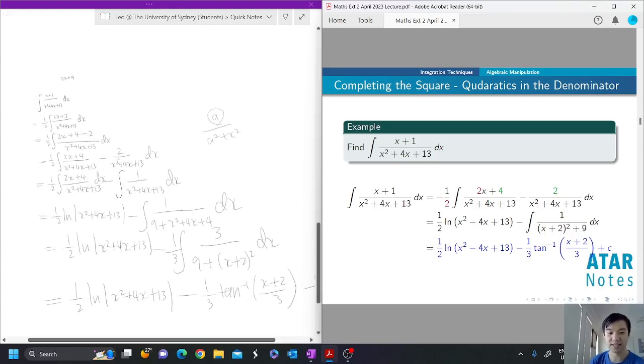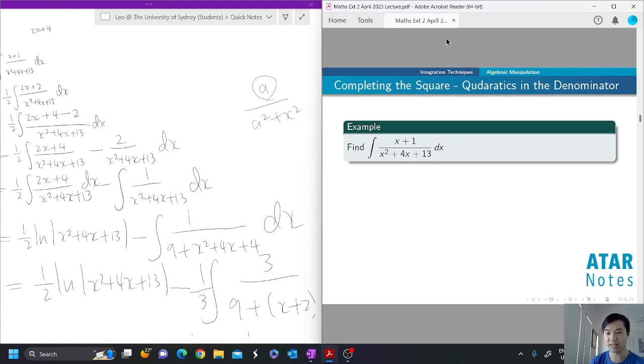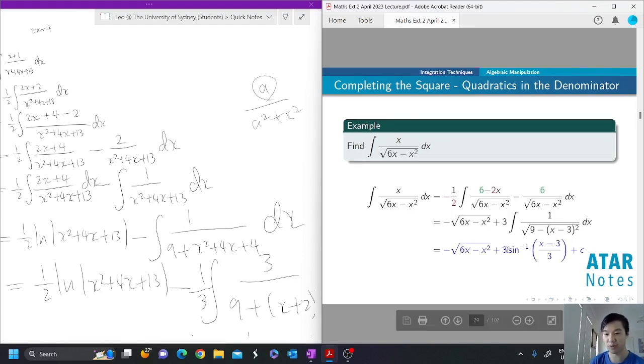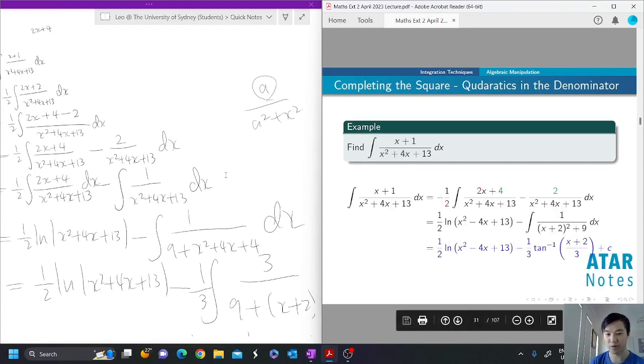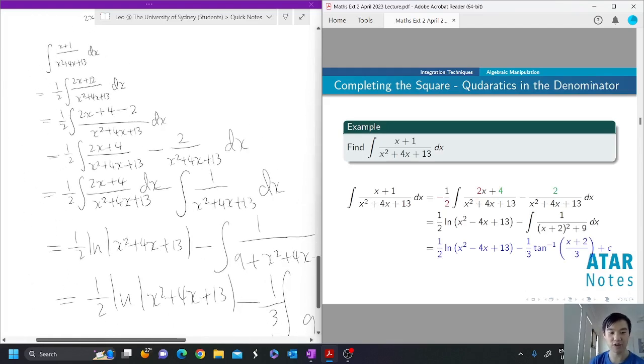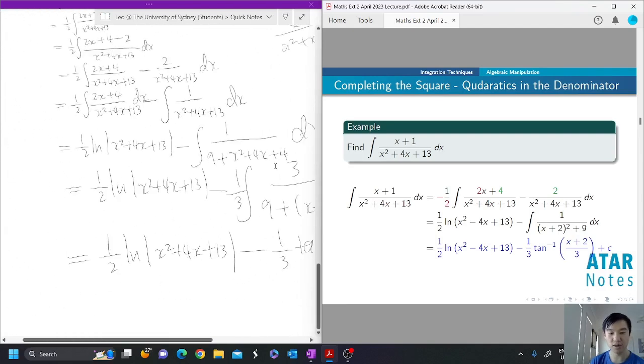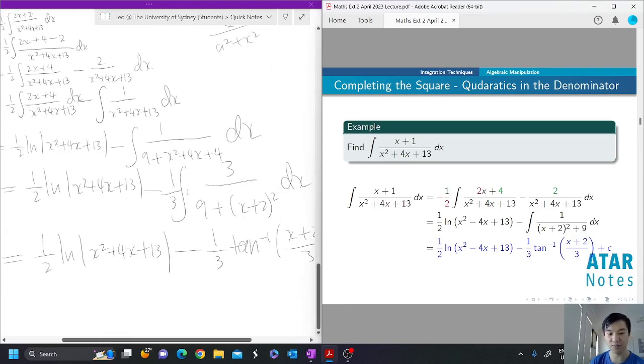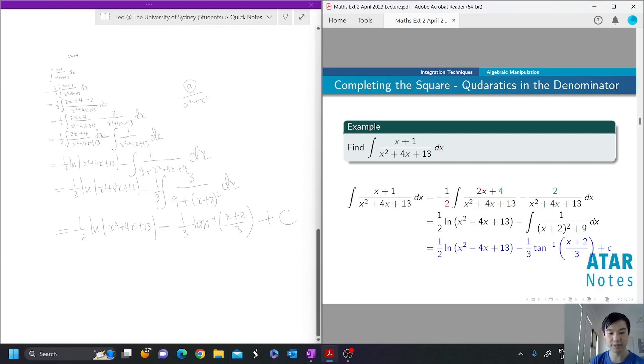So yeah, you can see the same principles, just slightly different, because instead of a square root where we got inverse sine, we didn't have a square root, so we got inverse tan instead. But yeah, just got to be careful with your algebraic manipulation and also manipulating it so that you get the standard form where you can apply a standard integral. Okay,